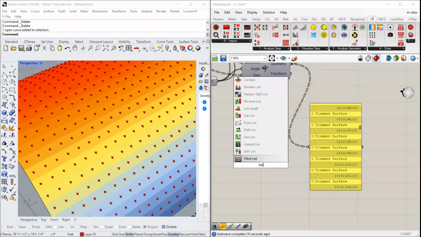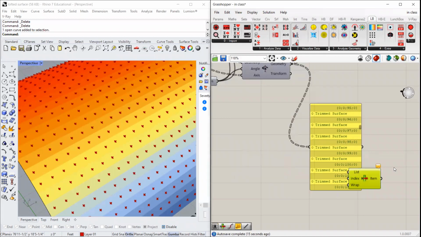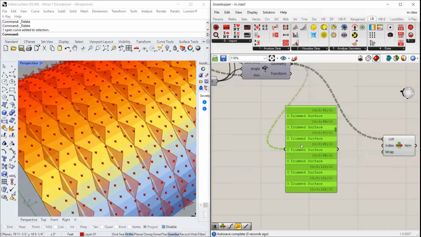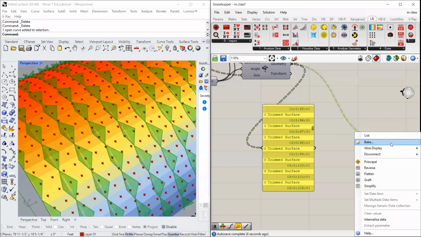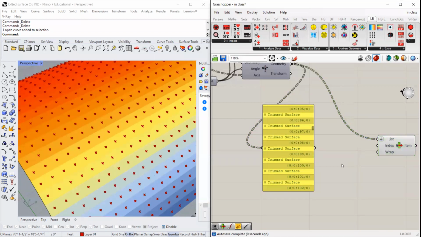So if I grab list item here, see if we can get this to look right. Let's flatten that. And I'm going to get 0. So if I grab the 100th item in there,